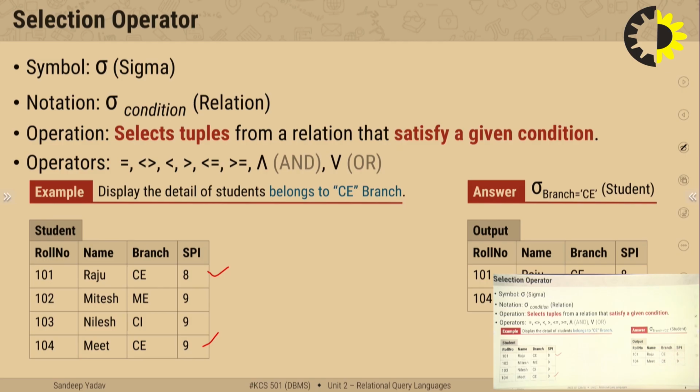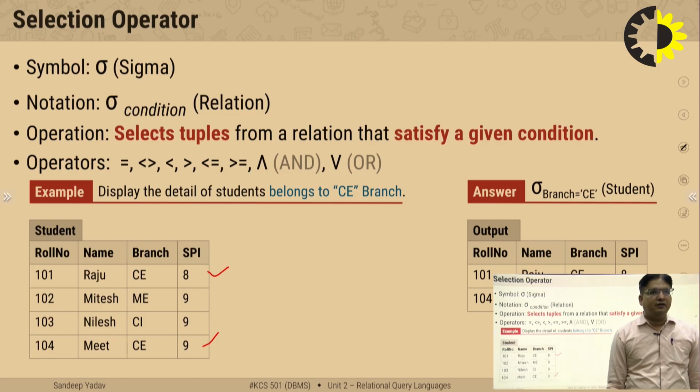See, in the output we are seeing only 2 rows which satisfy the given condition. So, this operation divides our table into 2 parts, one which meets the condition and one which does not meet the condition, thereby